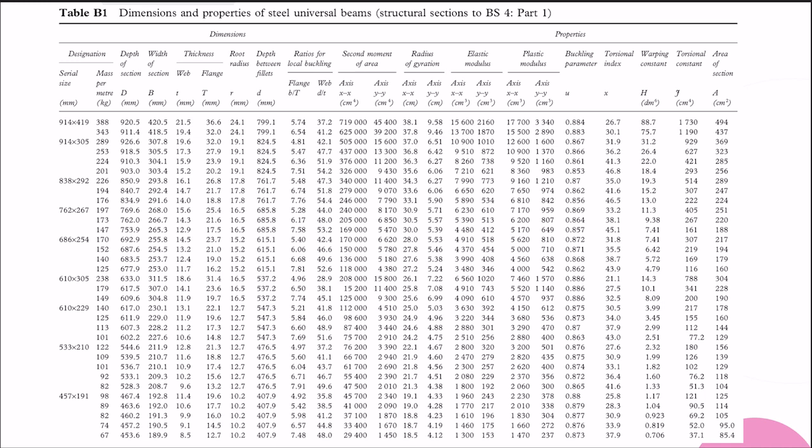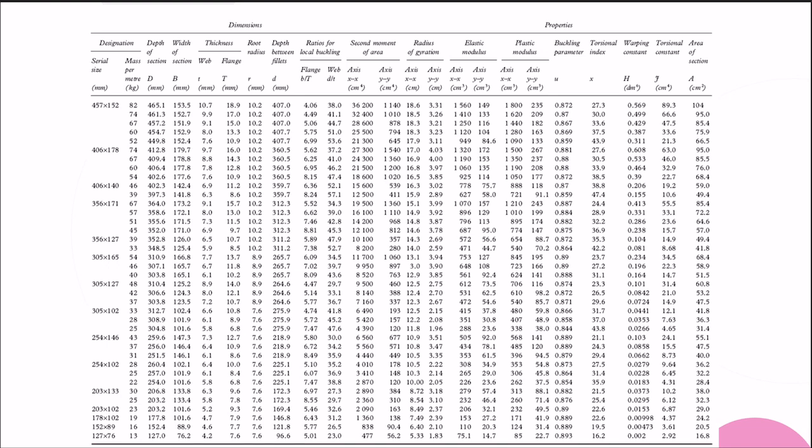Look at this table, okay. The table at the very beginning has big sections. If you look at the serial number, it is big, and if you look at the plastic modulus, it is also big here. So we will not take the big values because our plastic modulus is only 1100 cm cube. See? That's why we converted to centimeter cube. So we will take the other table, which shows that the serial size is smaller and the value of plastic modulus about the XX axis is smaller. So our Sx is 1100